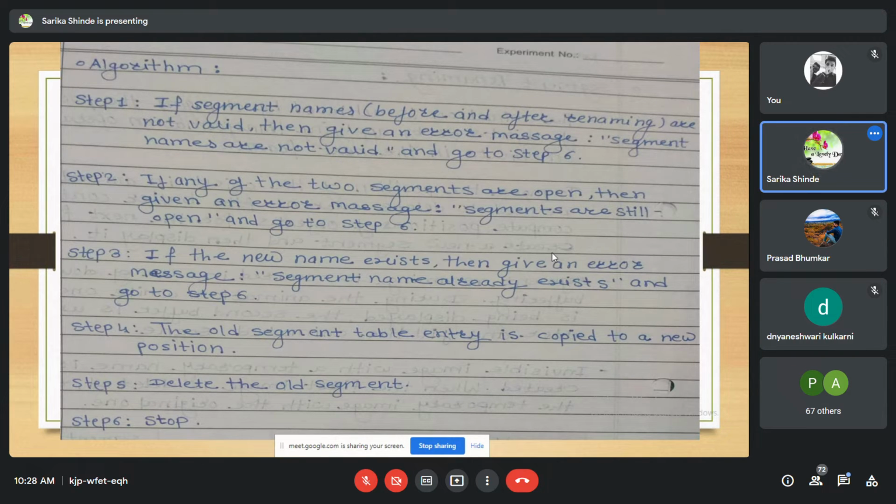And the next step is, if any of the two segments are open, then give an error message, that is, segments are still open, and go to step 6. The next step is, if the new name exists, then give an error message, that is, segment name already exists, and go to step 6. The next step is, the old segment table entry is copied to a new position. And the next step is delete the old segment and stop. That is step 6.